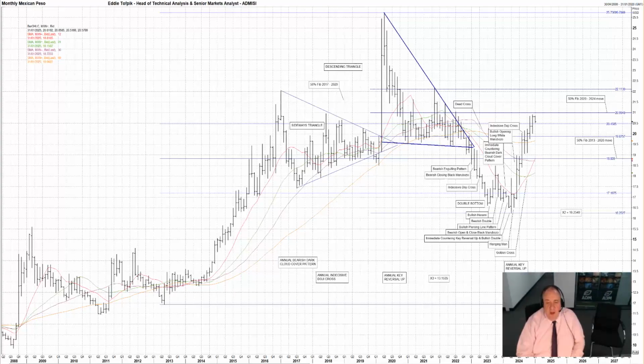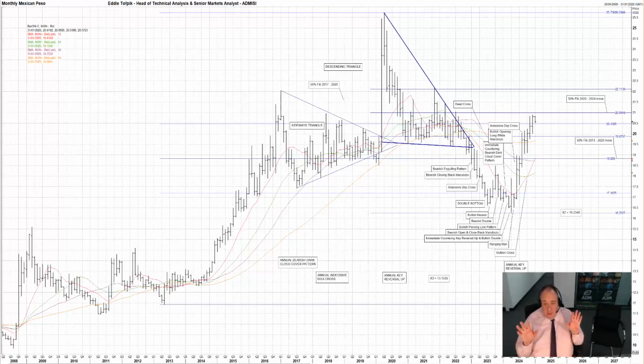And of course, moving higher from this double bottom pattern and especially the extension of this move higher, the market has created that rarest of patterns, and I can't stress this enough, an annual key reversal up for 2024. This would normally be a seminal moment, a key moment, and a driver for future events, such that all actions in 2025 and the years beyond should normally be seen in the shadow of such a pattern.